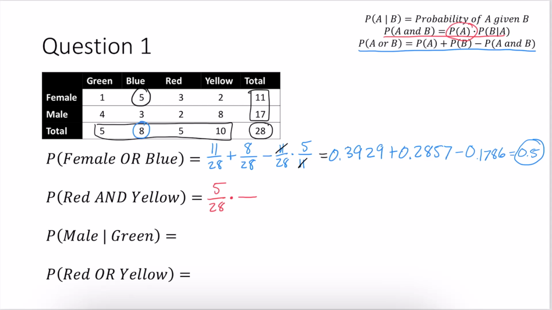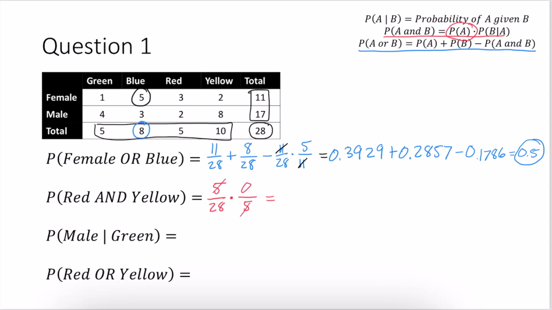So that assumption that I'm choosing a student whose favorite color is red means I'm going to have 5 in the denominator of that fraction. And out of all of the people whose favorite color is red, there are 0 people whose favorite color is yellow because their favorite color is red. And so if you assume that you're choosing someone whose favorite color is red, you're not going to get someone whose favorite color is also yellow. And so in this case, you just end up with 0 out of 28 because you could do the whole